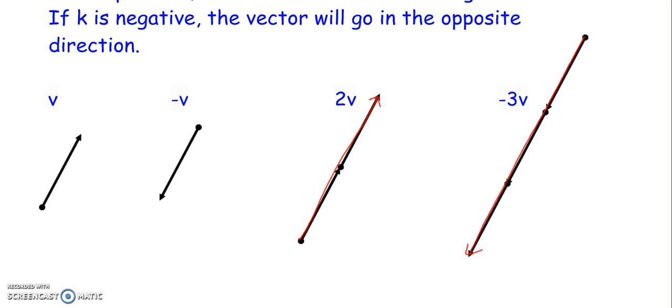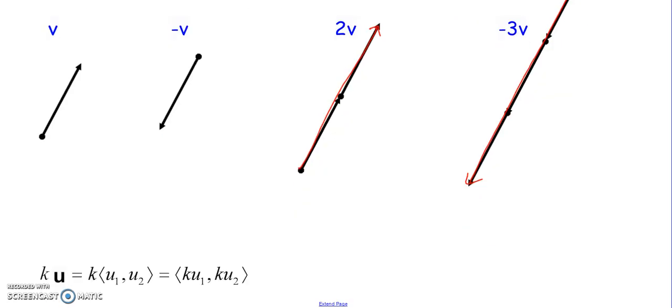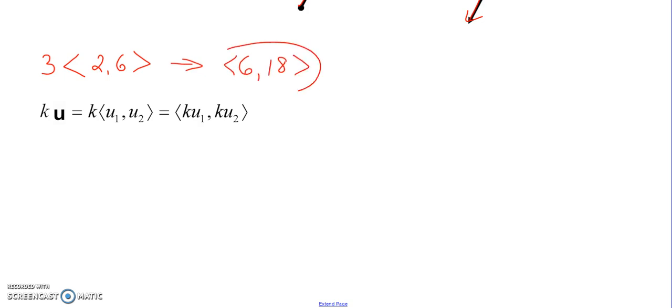Now that's the actual pictorial representation. We will go over what the actual formula is if you have scalar multiplication. So if you have a vector, let's say we had a component form vector 2, 2, 6, and we want to multiply it by a scalar, make that scalar 3. Well, the new vector would then be 6, 18, and that would be in component form. That would be the scalar multiplication. Now, I think that's pretty easy because it's very similar to distributive property, and I'm sure we'll see it in